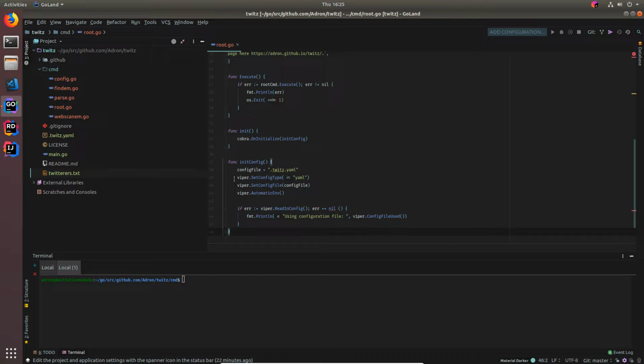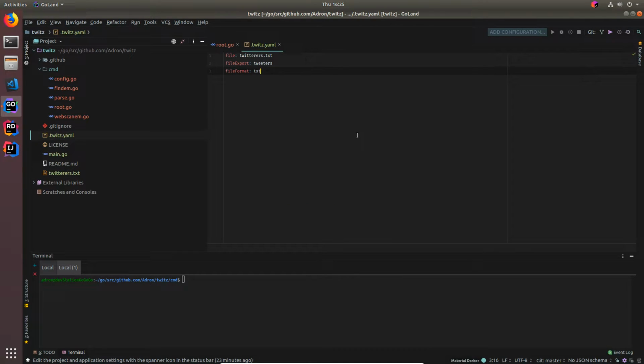So here at line 39, we set the config type to YAML, so it knows what it's going to be reading. It can be JSON, it could be other things. I think it can even be XML. Again, Viper, very elaborate library, gives a lot of capabilities. It's a great thing to go check out further and see what kind of options it has for you when you're building your CLIs. Then I set the actual config file, which is twitz.yaml,